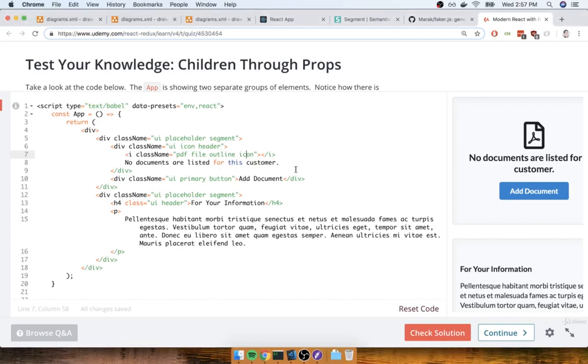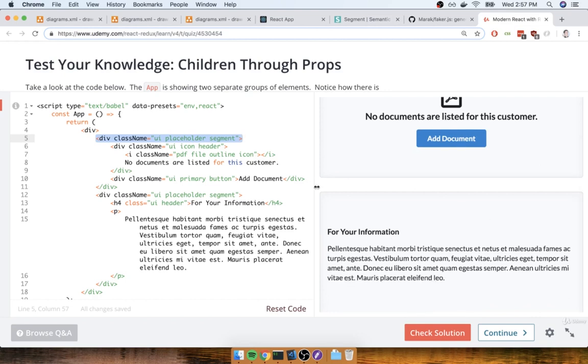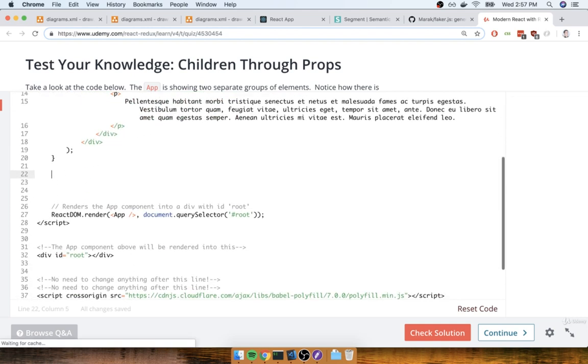In this section, we're going to go over the solution to this extraction problem, where we want to essentially pull out this little div right here that's generating the nice looking background for both of these segments. So I'm going to create a new component underneath our app1. We could put it above, it really doesn't matter, it's totally up to you. I'll go ahead and put it right underneath down here.